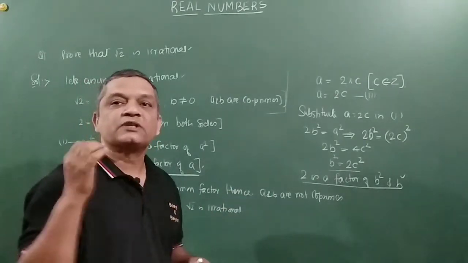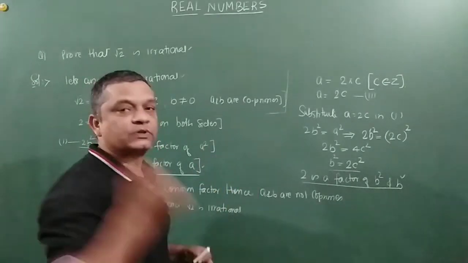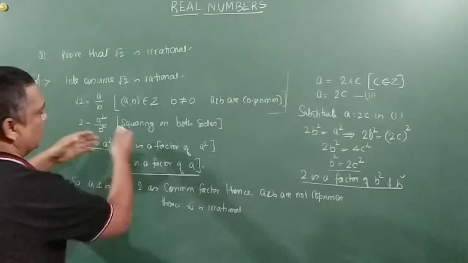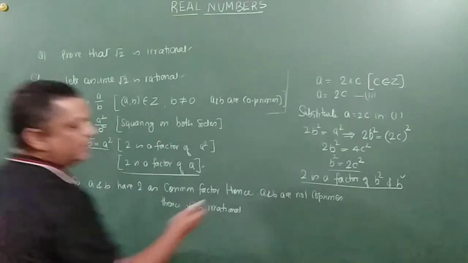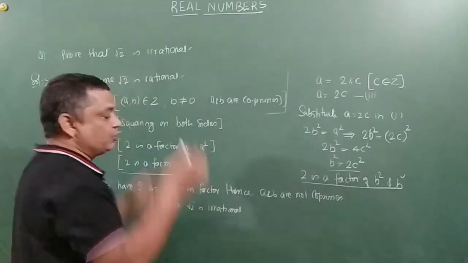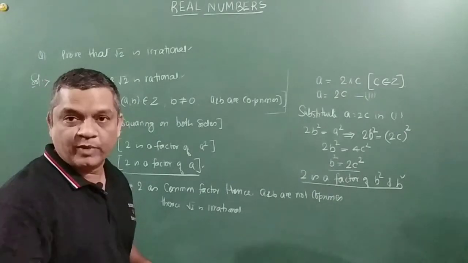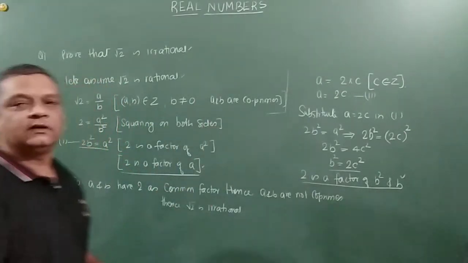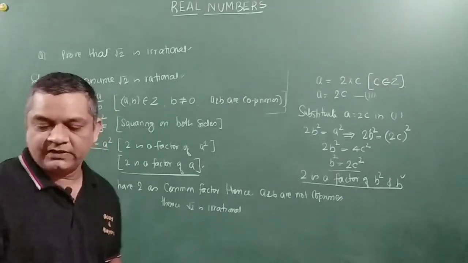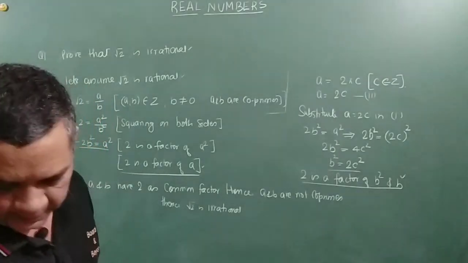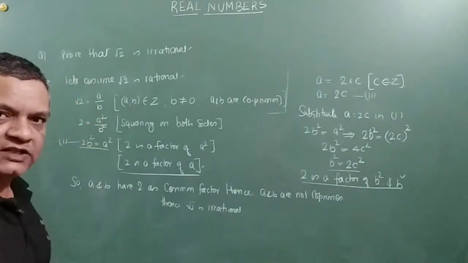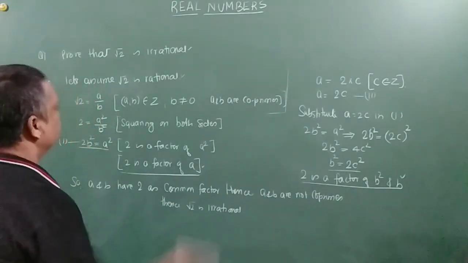So you need to explain at each and every step to the examiner why you are doing this, or what you have done here, okay? And with this statement, how do you conclude that these two are not co-primes and all that, right? You got it? So this is one of the easiest problems which actually keeps repeating, right? Okay. So can we move on to the next problem, friends? Yeah. Okay. So I'll just rub it off.